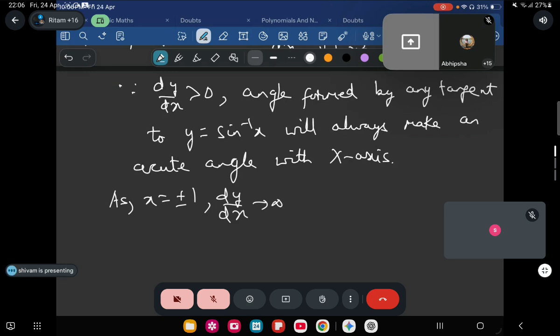Thus, we get a vertical tangent at x equal to plus minus 1 for y equal to sine inverse x. Okay. And since sine inverse x is an increasing function,